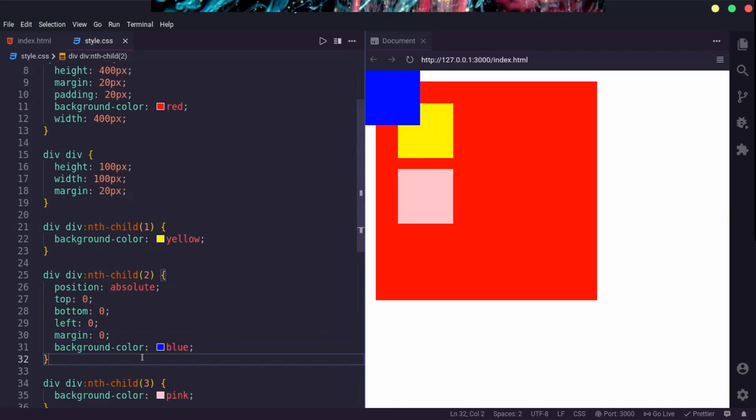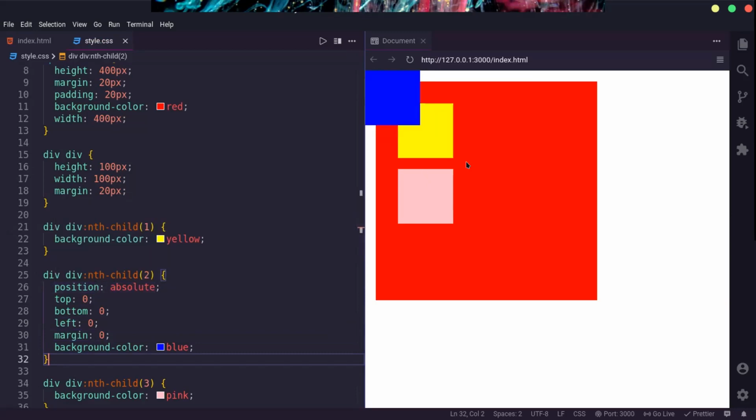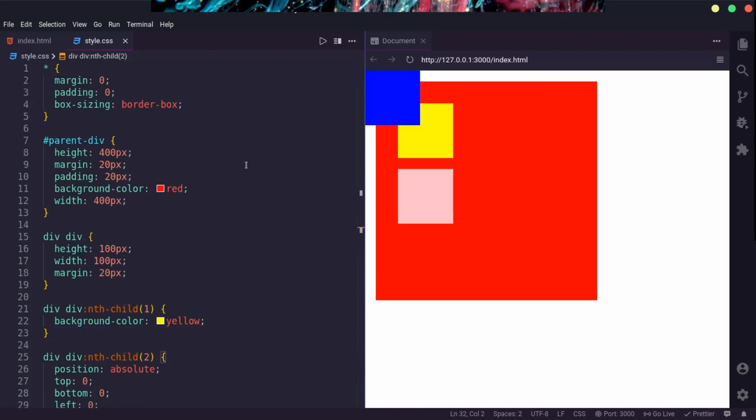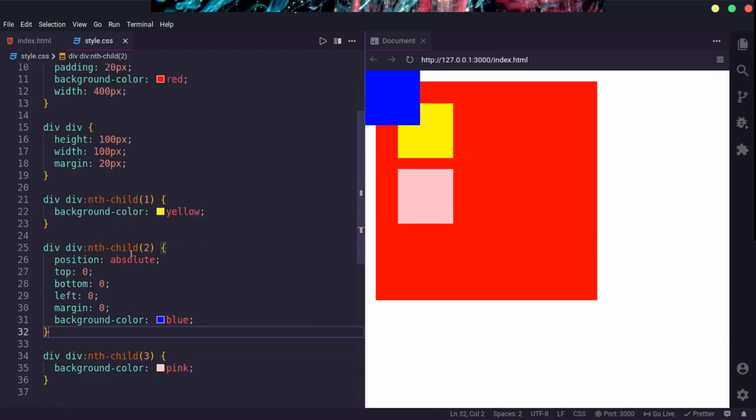Okay, now this is position absolute. What happens in position absolute is, you can see that this pink div is taking the place of this blue one. You can understand it in a way that this div is taken out of the parent element, if it's a static element, and I will be going over it, but for now you can think of it as this div is taken out of the parent div and placed at the non-static parent element, which is body, at top 0 and left 0.